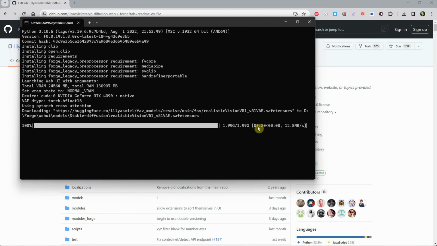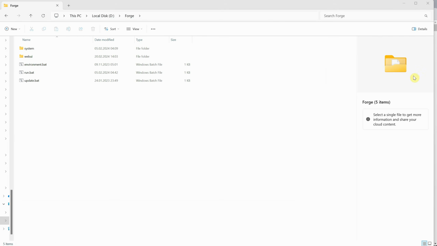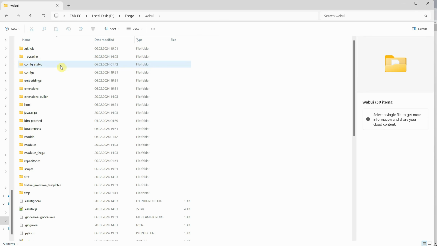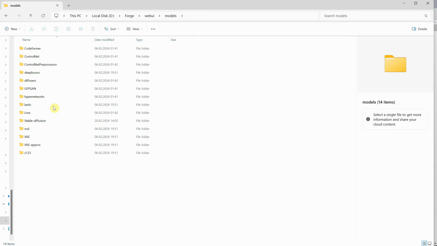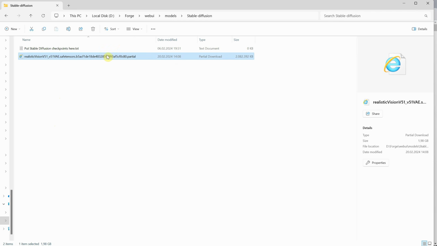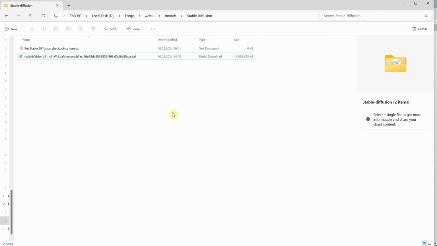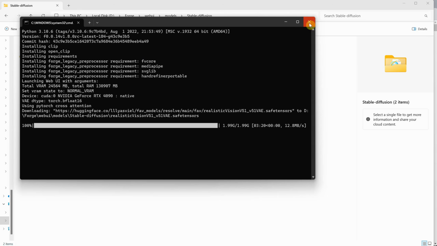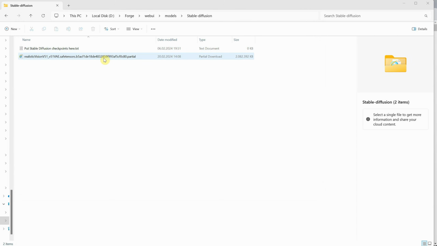From here, I can see it installed all it needs for the interface, and now it needs a Stable Diffusion checkpoint model to run. As you can see, it downloads the Realistic Vision model and shows the folder where it's placed. It stayed on 100% for quite a long time, so I decided to check to see if it's complete. I go to where all the models for Stable Diffusion are in the Web UI folder, then Models, then Stable Diffusion. And as you can see here, it says partial. Maybe I didn't wait long enough, but this is a good occasion to show you how to install your own models. So what I will do now is close that command window and delete that partially downloaded model,